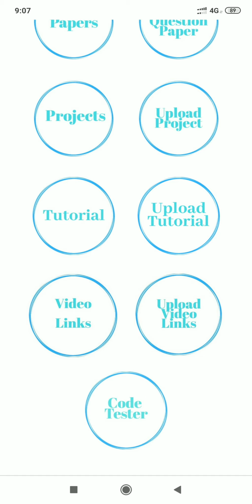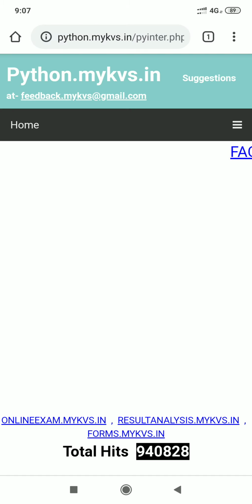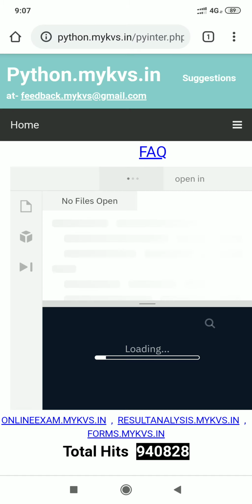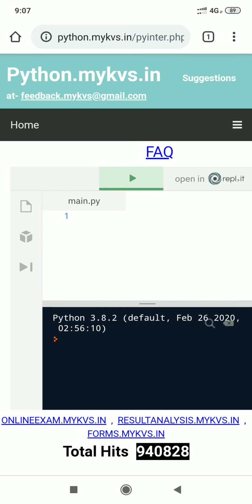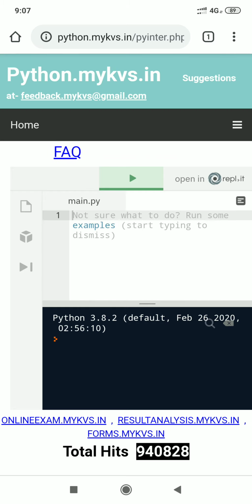What you have to do, just press here on Codetester or any other website which provides an online compiler. You will have to wait for a few moments for loading of different libraries or standard libraries required for the program.